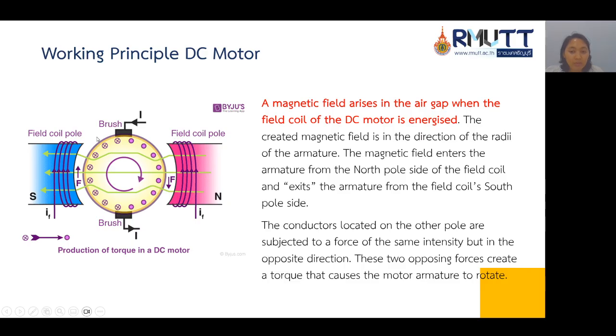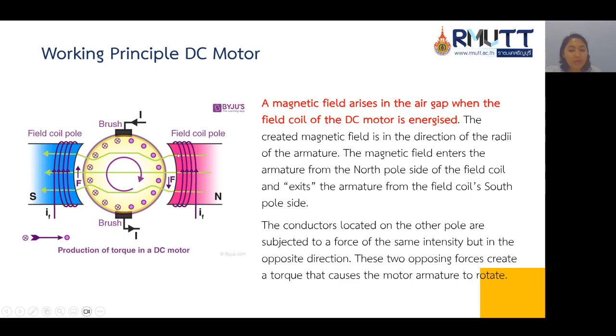The magnetic field enters the armature from the north pole side of the field coil and exits the armature from the field coil south pole side.